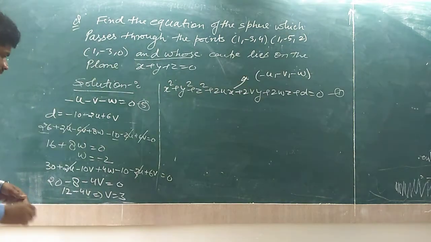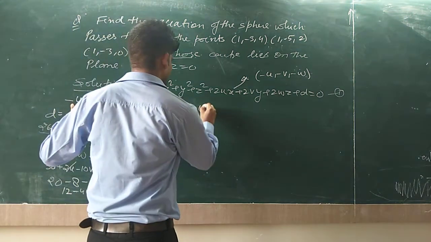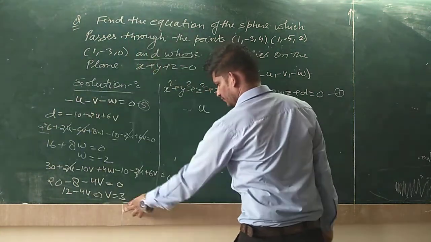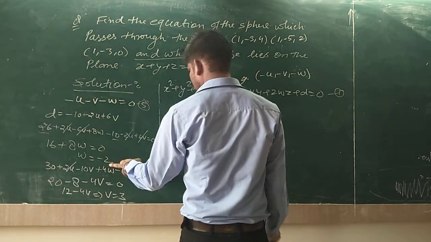We get the value of u. The equation is minus u plus v equal to 3, minus 3, and minus w equal to minus